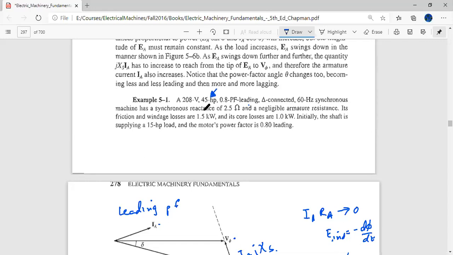Whenever you talk about a motor and the motor mechanical load is mentioned, that means this is the output mechanical load you have to drive. That means the input power must be greater than this. It should be so much greater after making up for the copper losses, core losses, mechanical losses. This much has to go to the load.